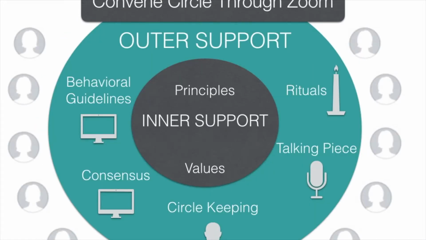So let's take a look at how I intend to overcome some of these challenges by transitioning to the online space. First, let's take a look at the consensus process and the behavioral guidelines. These will take place utilizing Canvas in group discussions. So before we ever actually move to the online space, we will have talked through the consensus process, and we will have explored our behavioral guidelines and ensured that everyone has agreement on what those are. I'll develop a one sheet that I'll send to everyone so that they have that in front of them when we do convene utilizing the Zoom platform.